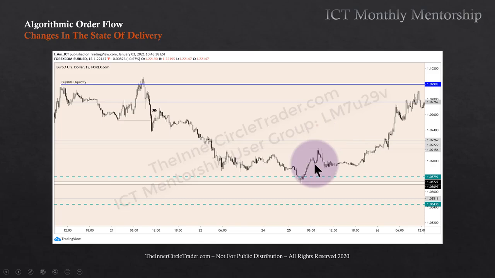What's happened here? We ran to another level of buy side liquidity. So we have a change in state of delivery. It starts going down. So we have sell side at a time when we're inside of a larger time frame buy program. Don't lose sight that this 15-minute chart is going back and forth, up and down. The ebb and flow is not as critical as understanding what the higher time frame bias is during the same